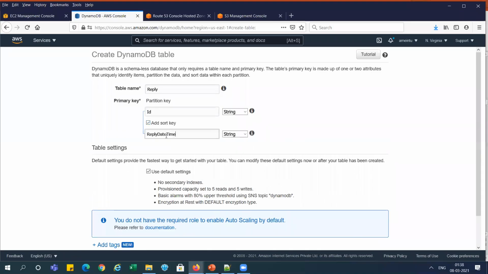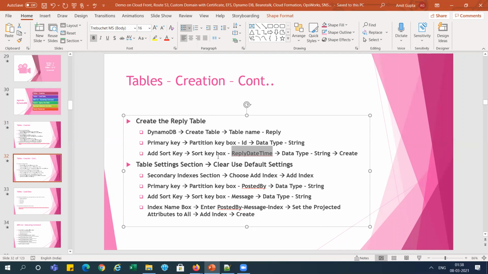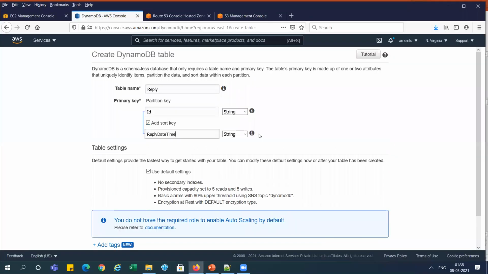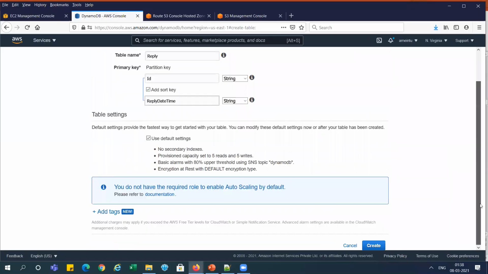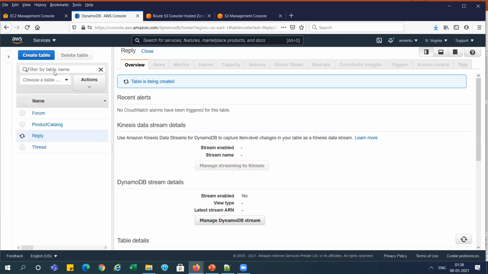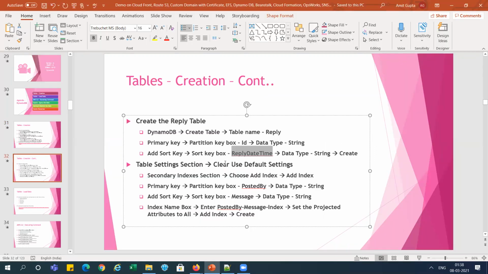Add sort key, and the data type is string, right? Both are string data types, and create. This is also created.